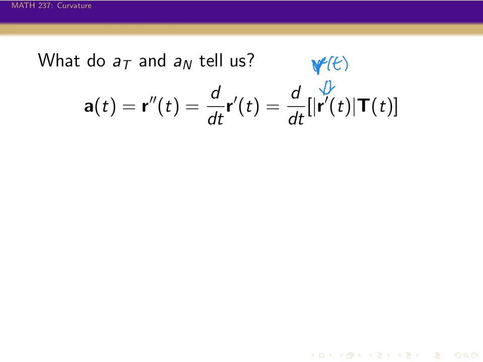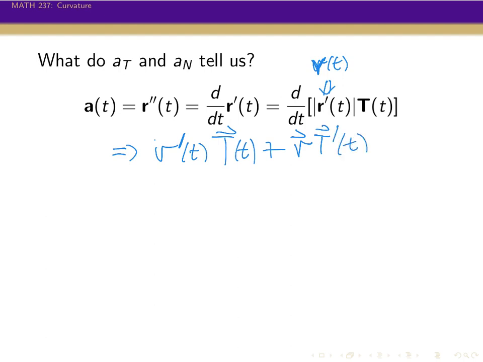Since they're getting multiplied together, it's a product, so we need to use the product rule. And so the product rule says I get the derivative of speed times the unit tangent vector, plus speed times